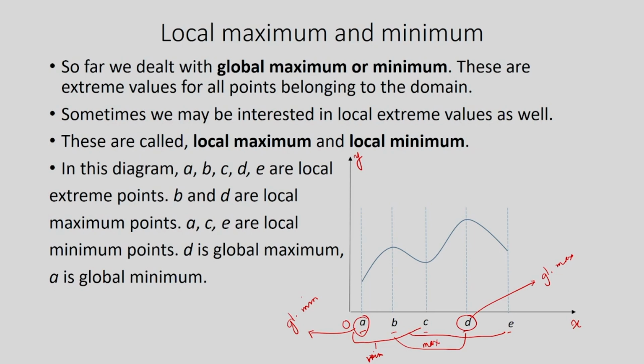Okay. Now, this is intuitive and this is diagrammatic. You can see the rationale more or less. In case of local maximum, for example, this B is a local maximum. So, in this locality, B gives you the highest value of the function, and D is also a local maximum. In this neighborhood, you get the highest value at D. But B is not global maximum, because over the entire range B does not give you the highest value, it is D which is giving you the highest value. Similarly, for the minimum,